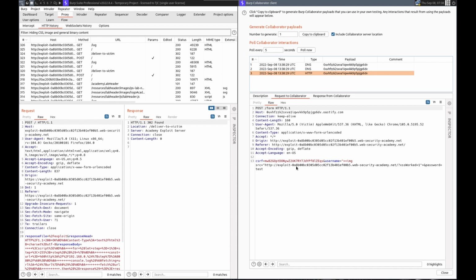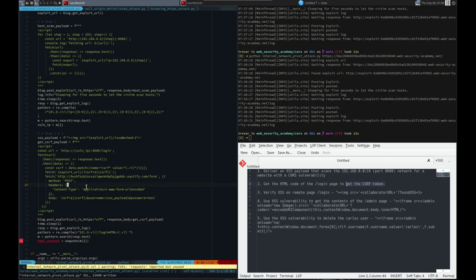Request CSRF and username. Ah, suck. This looks like it needs to be URL encoded. Crap. But that's an easy fix. So if that's the only issue, no problem. So body CSRF is fine. We can do the end that plus. Do we need? No, we don't need that. We can do here